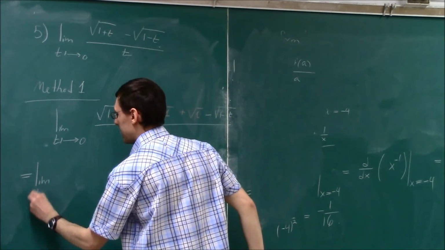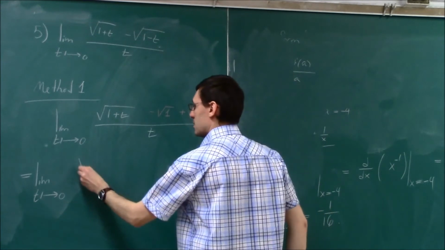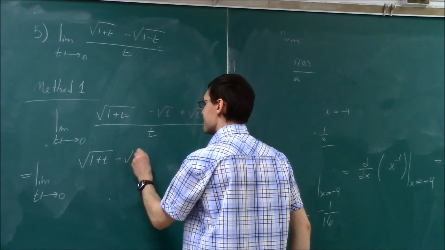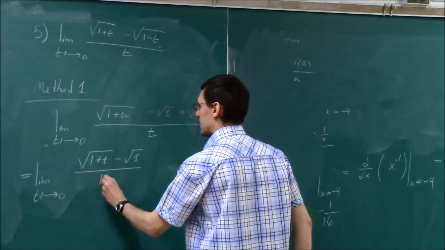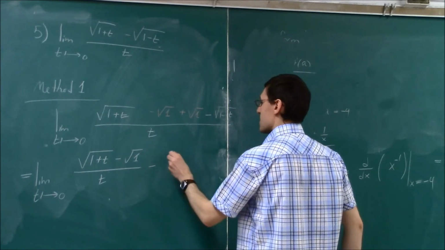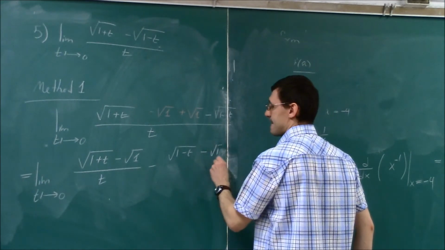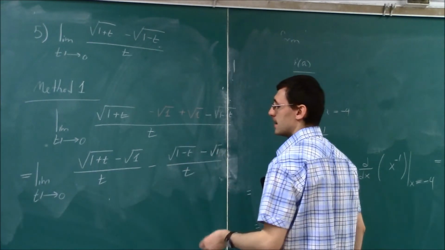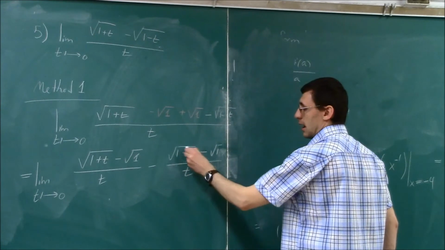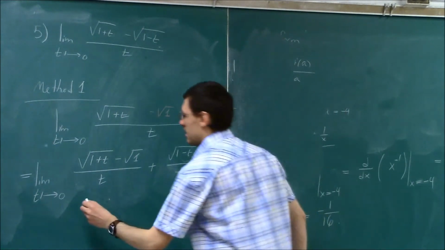So then we break it into two limits. So the first limit is that derivative limit, root 1 plus t minus root of 1 divided by t. And here we have minus root of 1 minus t minus root of 1 divided by t. This is also the form of the derivative where our h is minus t. So it's natural to change this to a plus and put a minus here. This way,